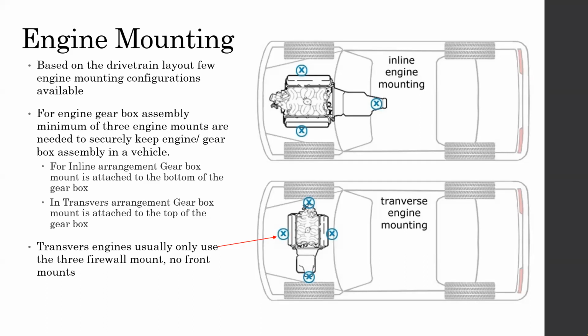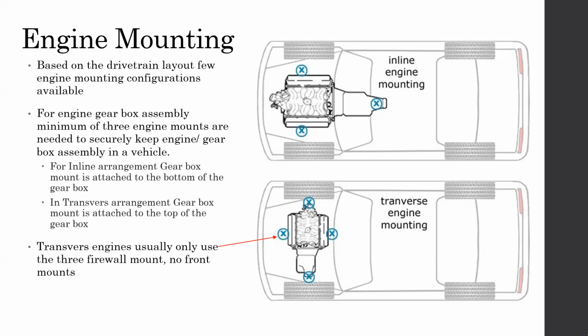So these gearbox mounts are usually from the bottom of the gearbox, at the last end of the gearbox, usually we call it the extension housing. When we're discussing the gearbox, we will discuss that extension housing, but usually it's the back of the gearbox. This mount is also joined from the bottom of the gearbox. It's not coming from the top of the gearbox. It's always coming from the bottom of the gearbox for easy